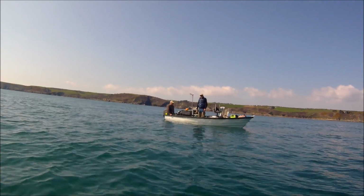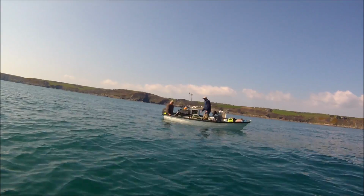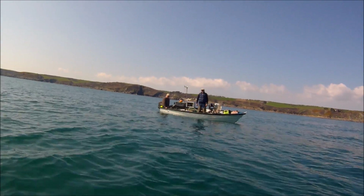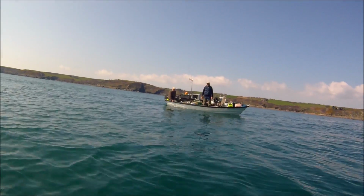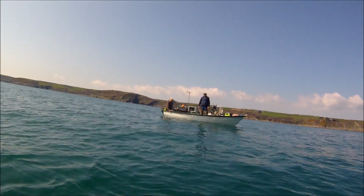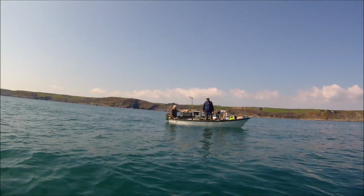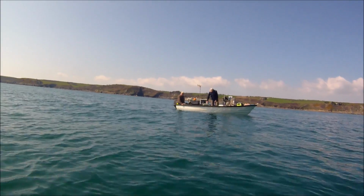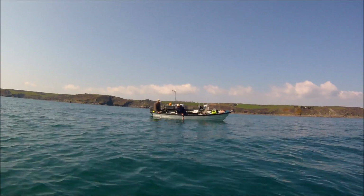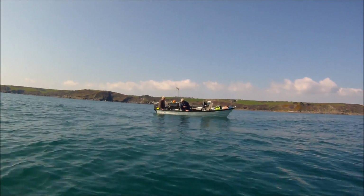You get most things. To be honest, it's a great resource there, because hardly any commercial fishing goes on there. I mean, there's a bit of prawn potting, but there's no trawling. There's a bit of ring netting for the mullet. Well, they've been ring netting up in the creeks for bream as well, apparently. That's the trouble with posting it all, you see. The commercial boys have a look at it and then the